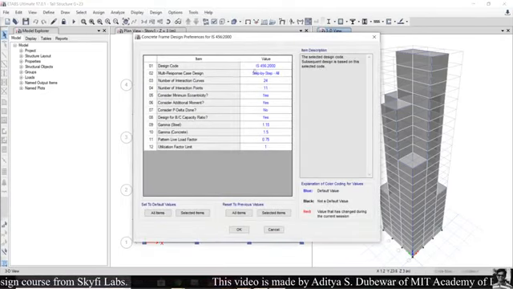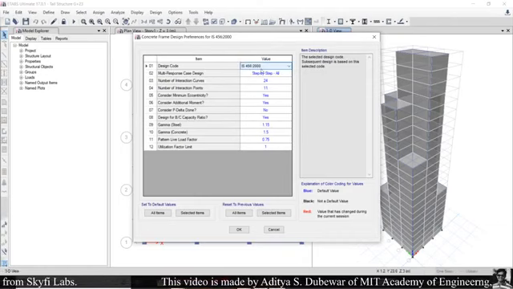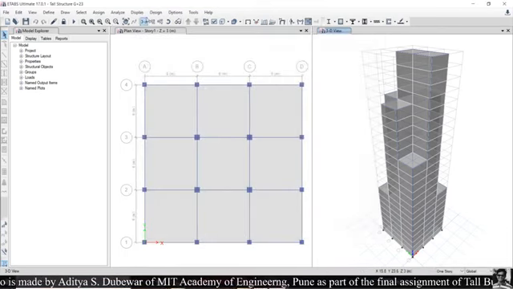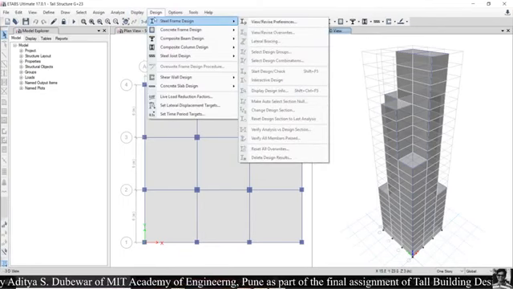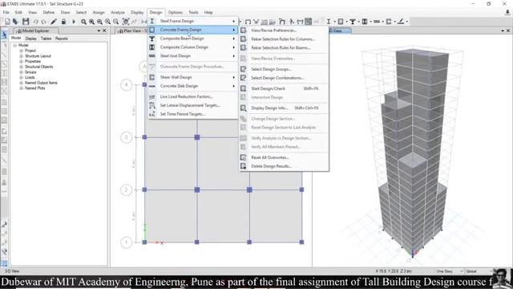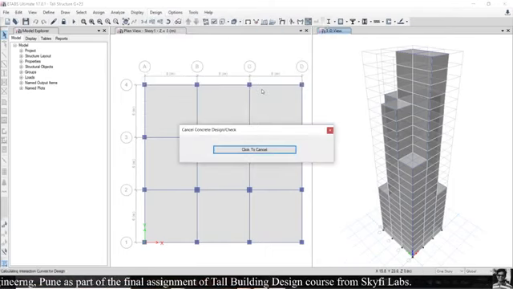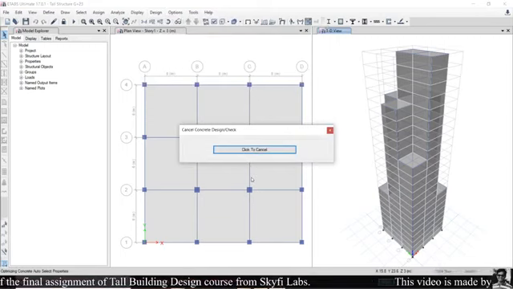Set the design code as per IS 456-2000, as already defined. I will click on OK. After that, click the design tab, then concrete frame design, and start design / check, to start the design of the building.